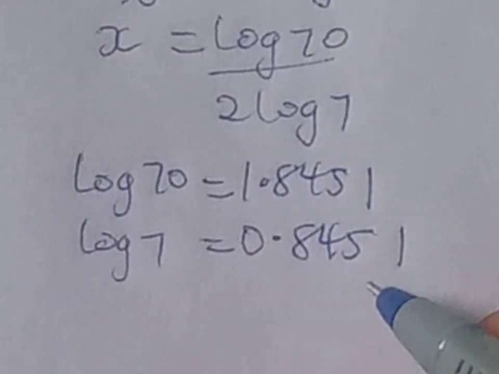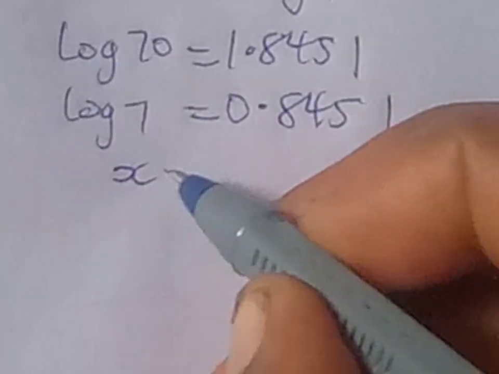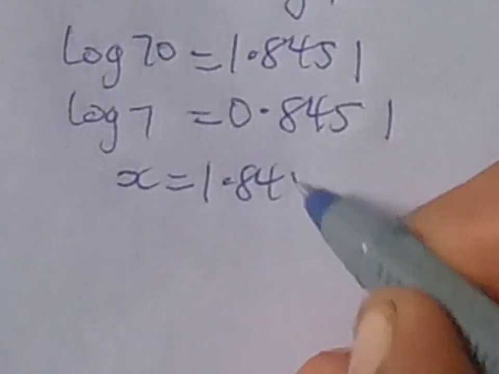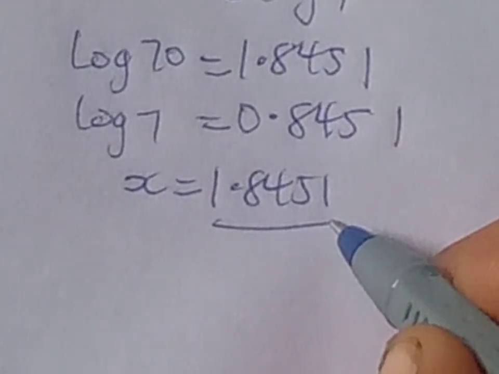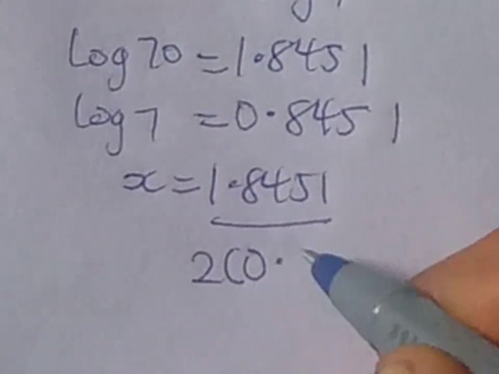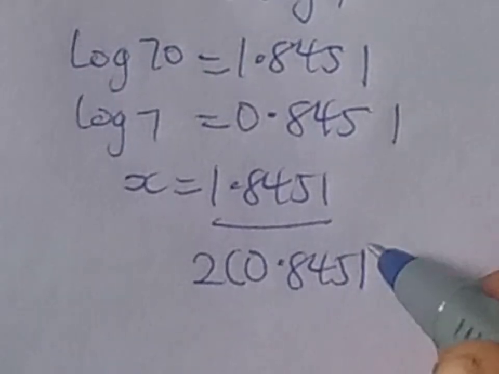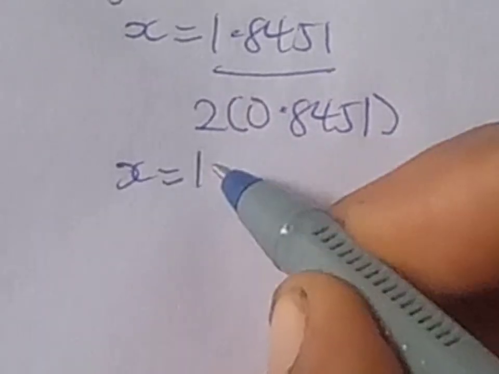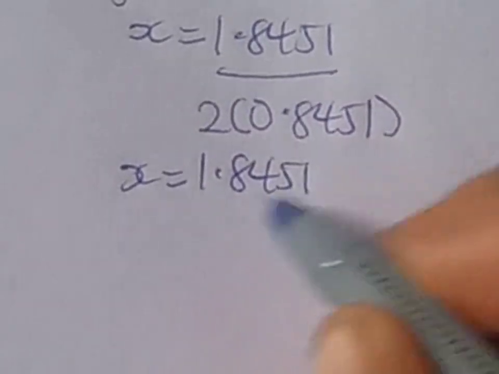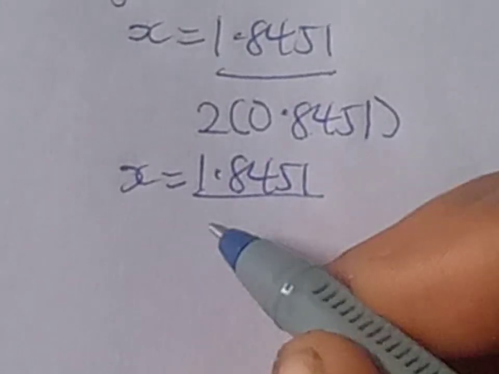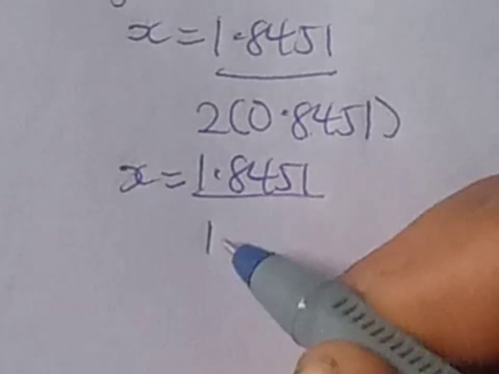Let's substitute, which will give us x equals log 70, which is 1.8451, divided by 2 times log 7, which is 0.8451. That is, x equals 1.8451 divided by 2 times 0.8451 will give us